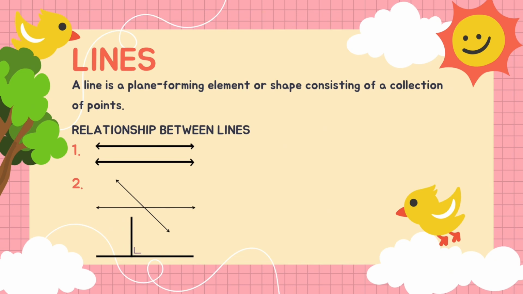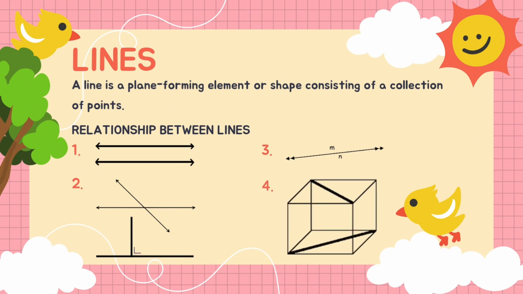If the intersection of the two lines forms a right angle, 90 degrees, then the two lines are said to be perpendicular to each other. 3. Coincident lines. Coincident lines are lines that have the same slope and are in the same position. Two lines that coincide with each other appear as if only one line is visible. 4. Crossing lines. A line crossing is the position of two lines that do not lie on the same plane, are not parallel, and will not intersect when extended. That's a brief explanation of the line.